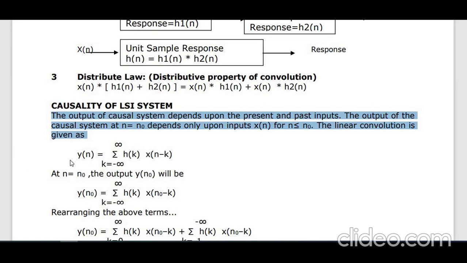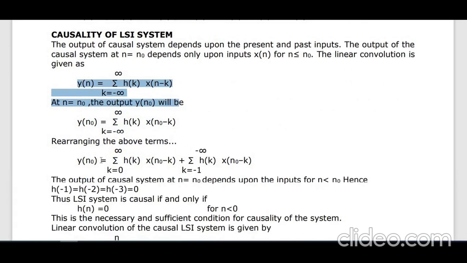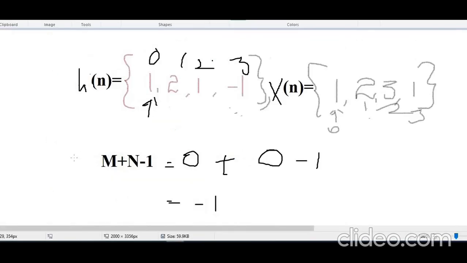So already you know, right? Just now we did the linear convolution. So y of n is equal to the summation of h of k into x of n minus k, where n equal to n naught is the initial condition. If you want to rearrange it by considering n naught, wherever n is n naught, what will I write? y of n naught is equal to the first input value, h of n naught, plus the summation from 0 to infinity, and from minus 1 to minus infinity. Why minus 1? Because we took a negative value, right? From that given sample space, m plus n minus 1 here. By considering this as our sample space, we can say that this is having that particular sample space.